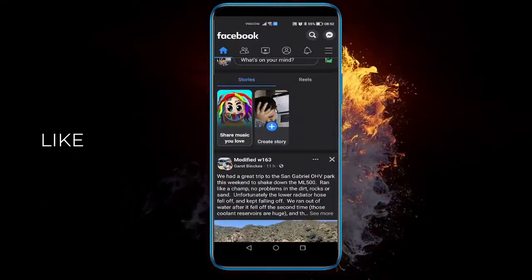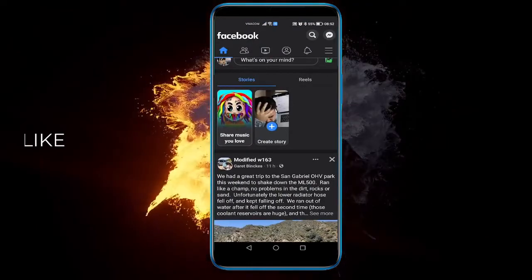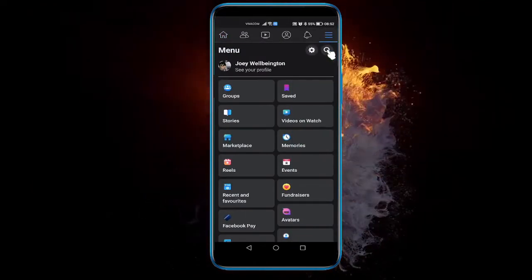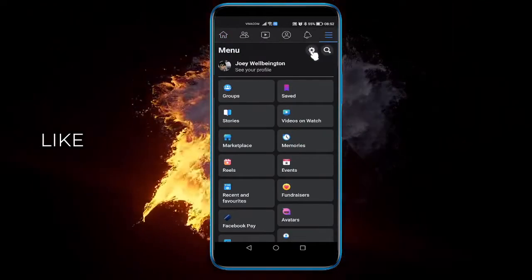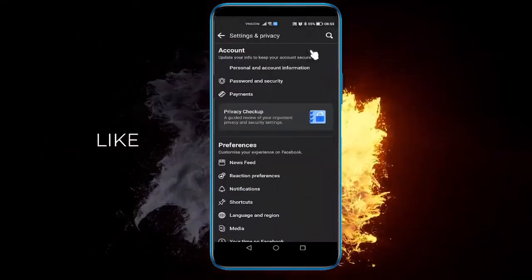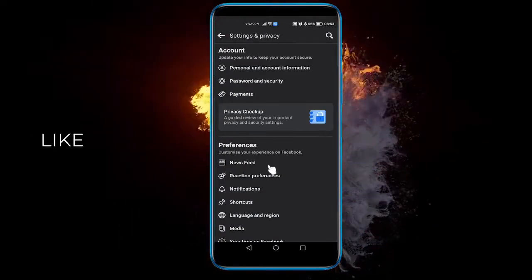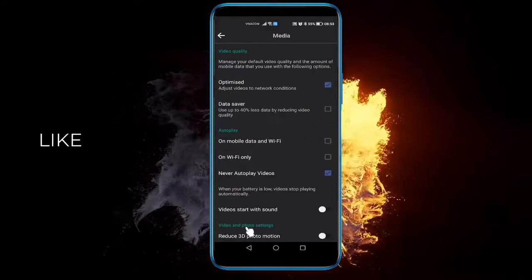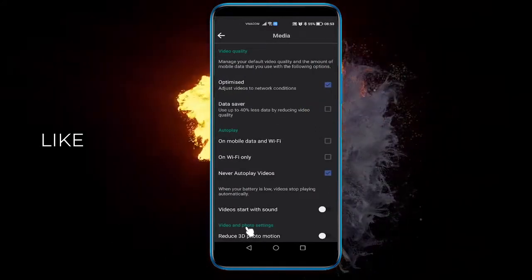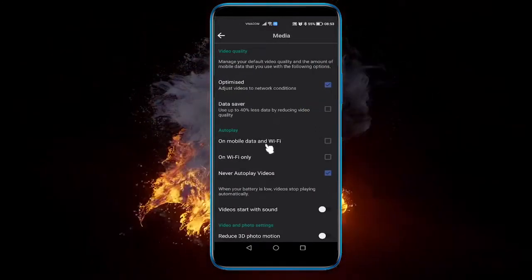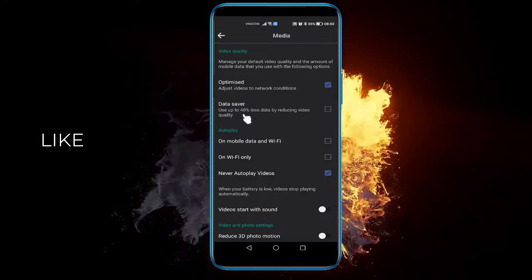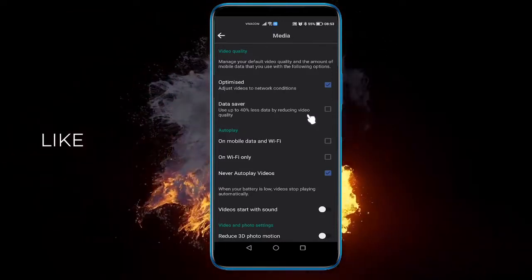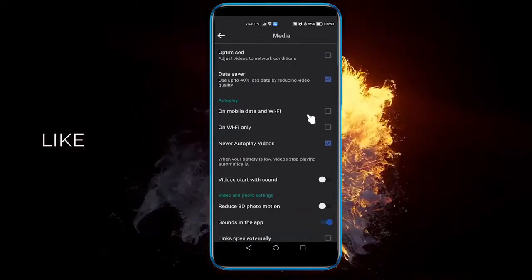So one of the things that you can do is go to the top right menu right here, click on the little settings icon right here, the little gear, and then click on media right down below here. Once you do that, you will see the data saver. So you want to click this to use up to 40% less data when watching videos on Facebook overall,